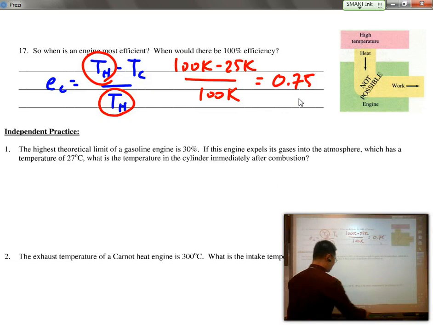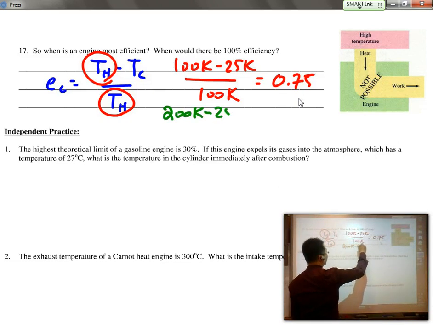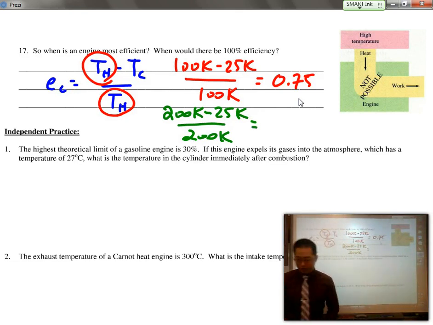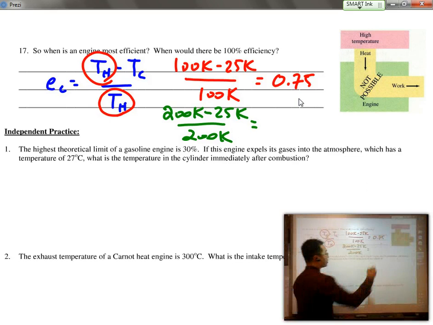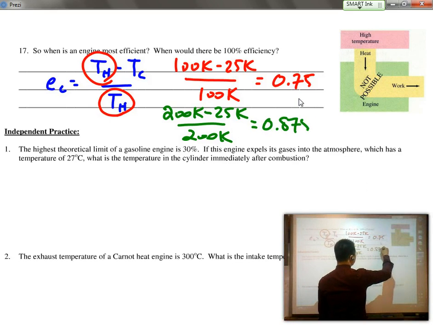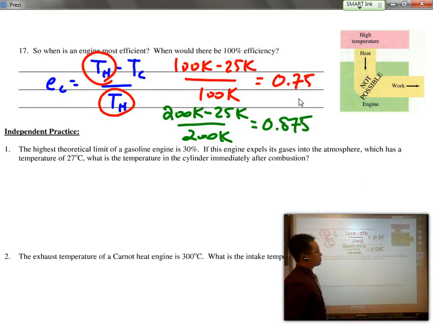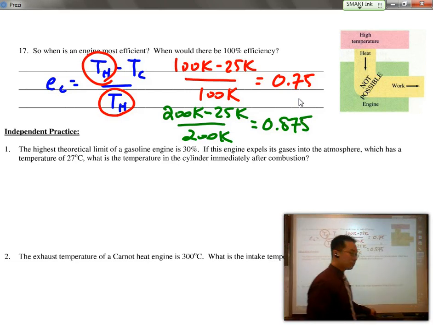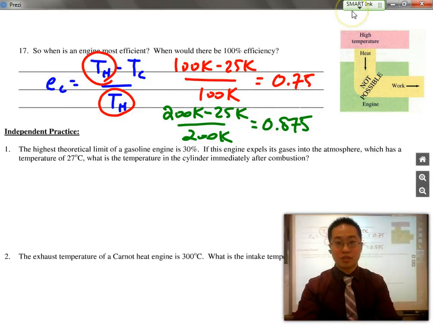But let's say we were able to increase that input temperature. Rather than 100, let's say it was 200 Kelvin. Minus 25 Kelvin divided by 200 Kelvin. Now, if you work this out again, you end up with 87.5% efficiency, meaning that the higher the initial temperature, the more efficient the engine is, and the more work you'll